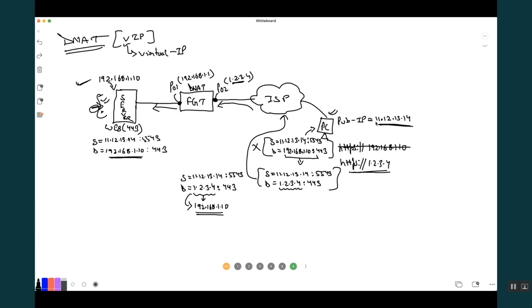Yes, because if you look with reference to the PC, the PC is thinking that it is talking to the server on the IP 1.2.3.4, right? But what is your server IP actually? That is 192 series, right? So the role of the firewall is to safeguard your resource. No one can compromise your server because the identity of the server is hidden.